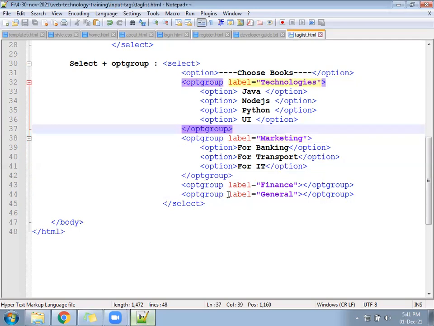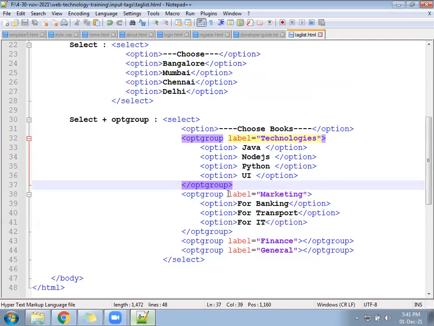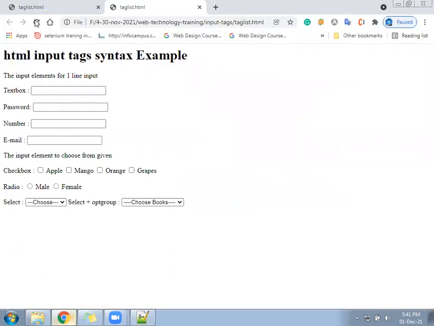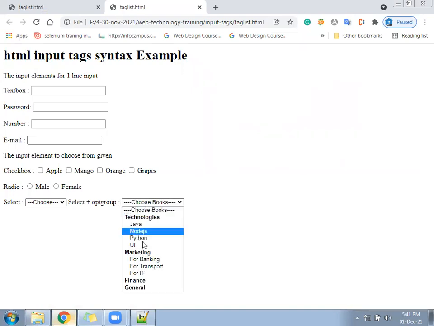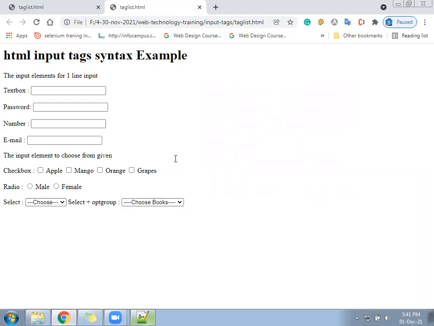Ready? Yes, no. Added the data everywhere. So OPT group is for what purpose? To group multiple options. So from today onwards, if you open the internet and go to any form and find something like this, the thought should come directly to your mind: oh, he has used the select and OPT group. Okay, come next.